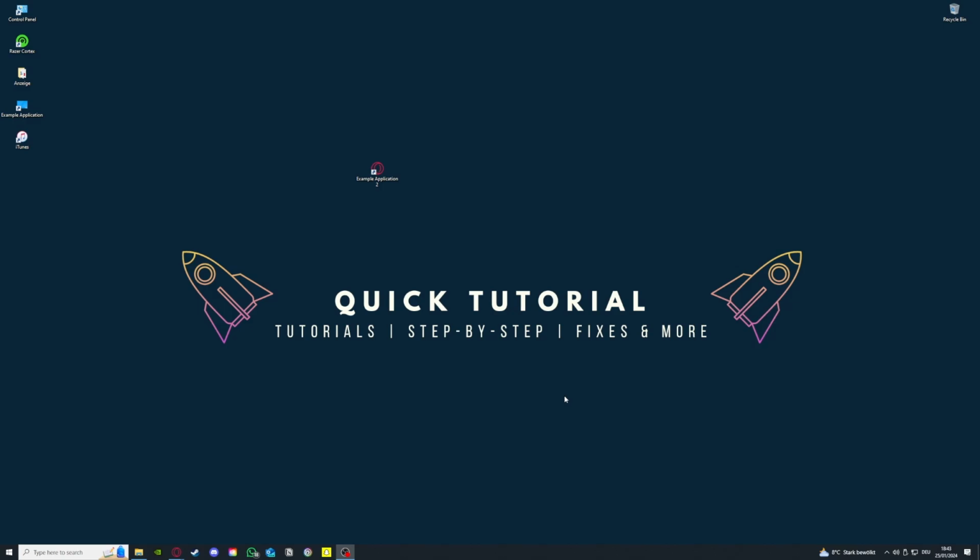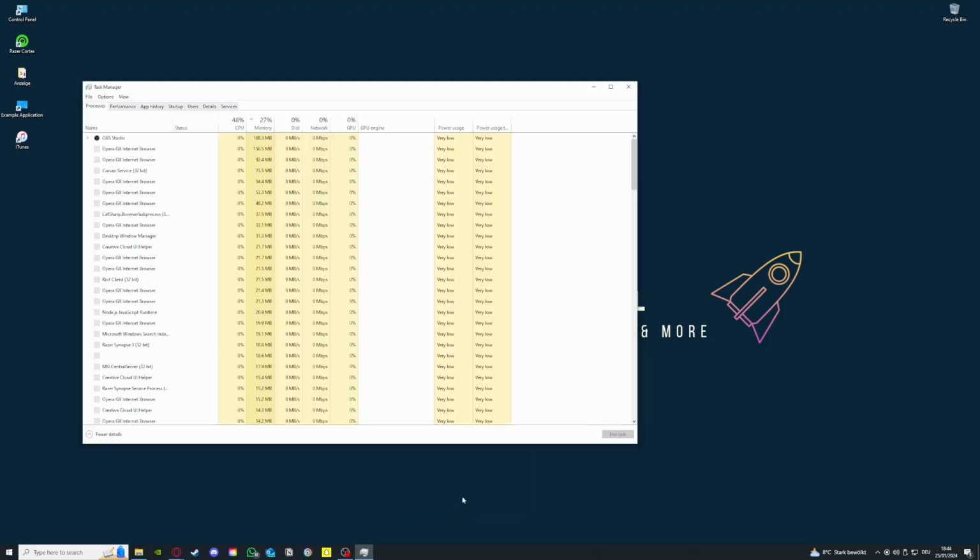So before we get into the video, I just want to say that I will show you some easy fixes that you might already have tried. For example, a restart. That's the first thing I'm going to mention, and later on I'm going to go more into the complex fixes which might help you prevent the crashing of the program. So yeah, let's start. So first of all, I want to recommend you to open your task manager and check